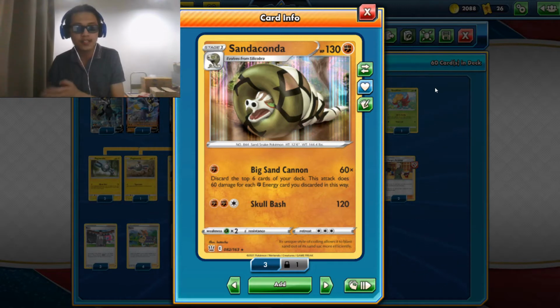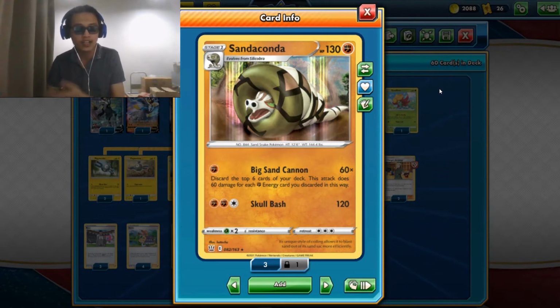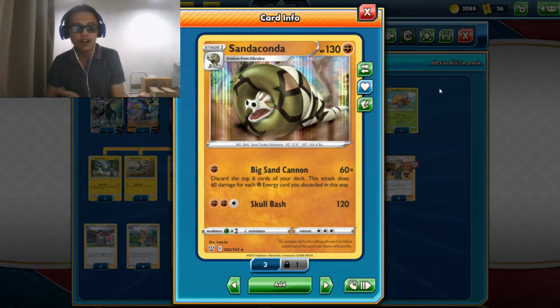That means you don't get to save any item, trainer, supporter cards, or Pokemon cards that you discard, unless you have rods or energy recyclers, Brock's Grid, Paw Pad in your deck. So those cards are really good to have if you're making a deck for Sandaconda,